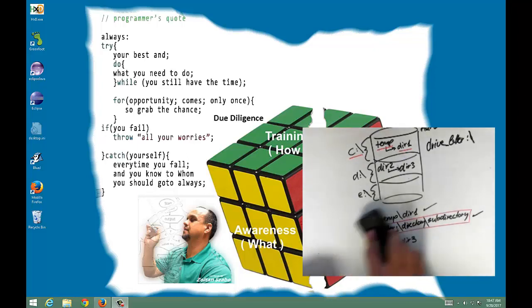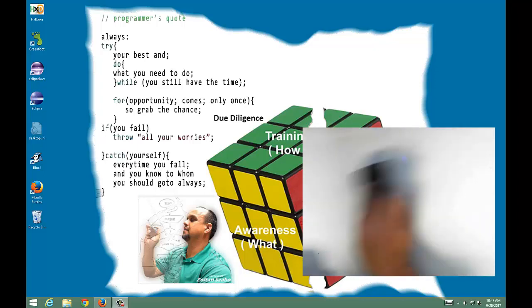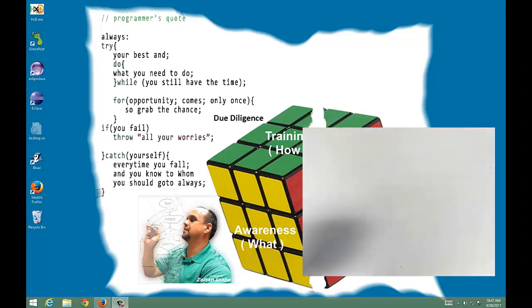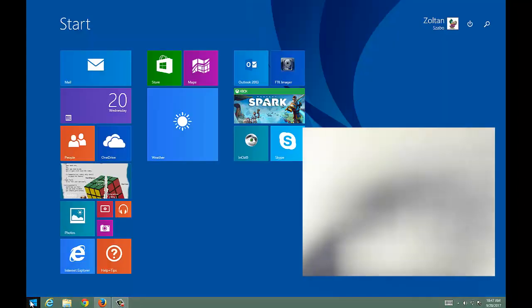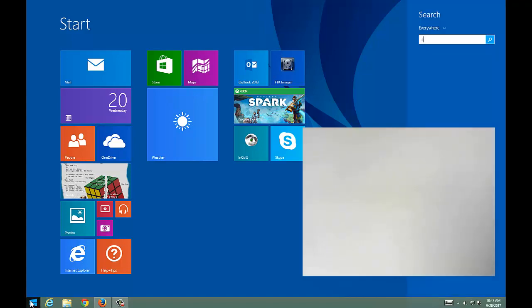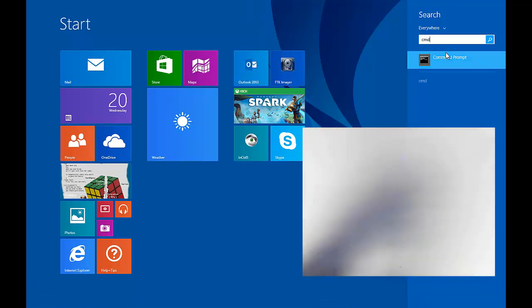So let's see how that works on the actual command line. If you click on the Windows icon, you can just type in cmd, and you're going to see there is a command prompt. Okay,